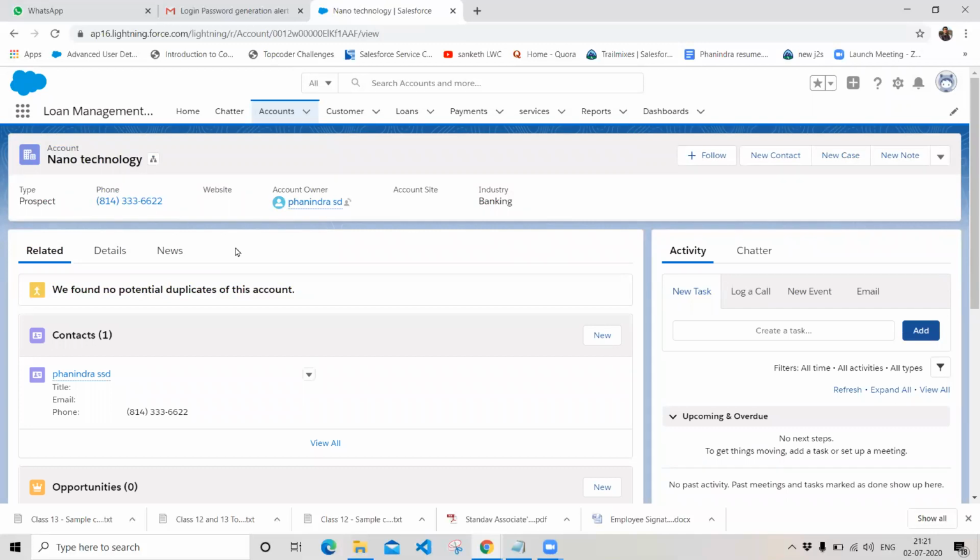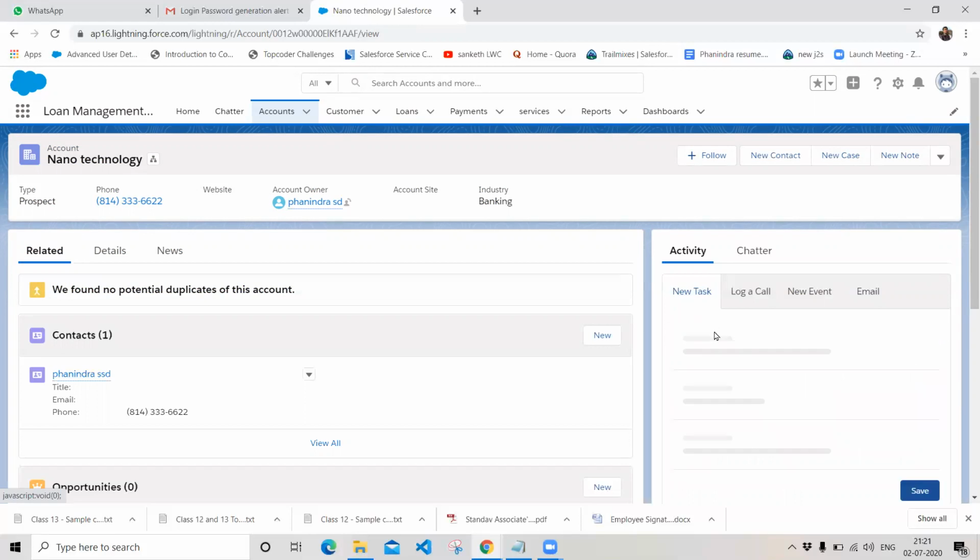So this is with respect to the account and the contact record creation. Now I want to create a task for my user, for any of the people in my organization, saying that you have to meet this person, and you have to get all the necessary documents by end of tomorrow. So I want to assign a person for a task. So what I will do, I will go to the activities, and in the activities click on new task. Whenever you click on new task, you will have a field here to create a task. Click on this